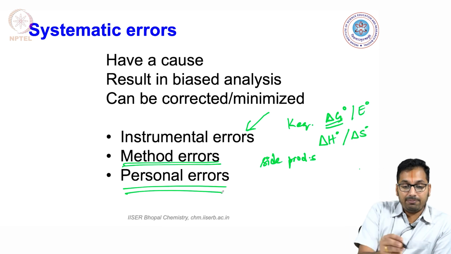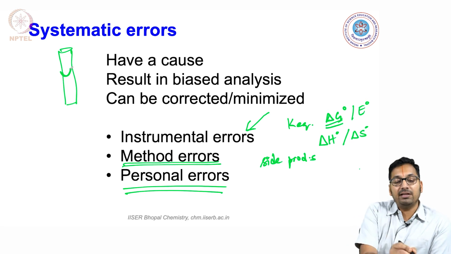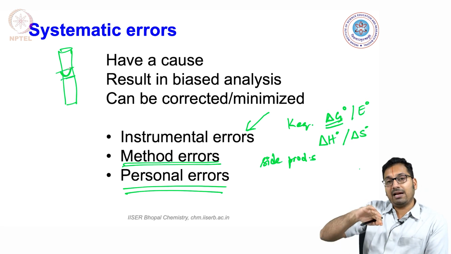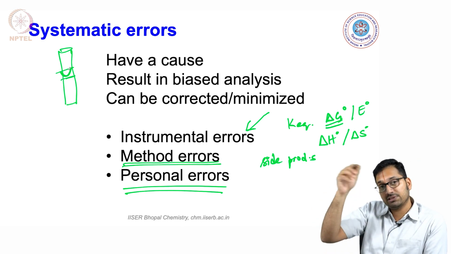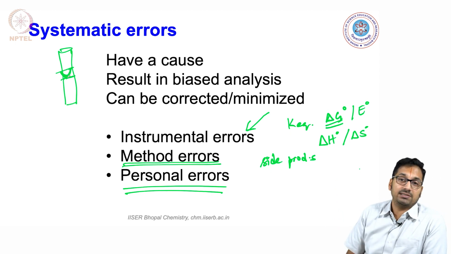Or what could end up happening is that when you have a burette, when you're trying to make a reading, you might make a mistake where instead of reading the lower meniscus, you end up reading the upper meniscus. Of course, for a liquid with the opposite meniscus you would read the upper meniscus, but in general cases you will have to read the lower meniscus.